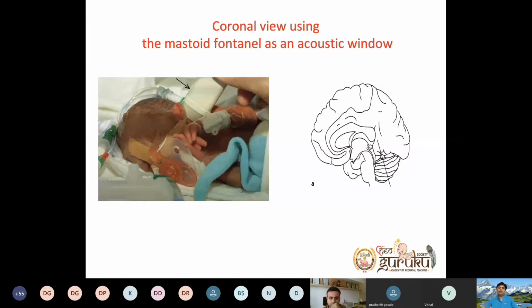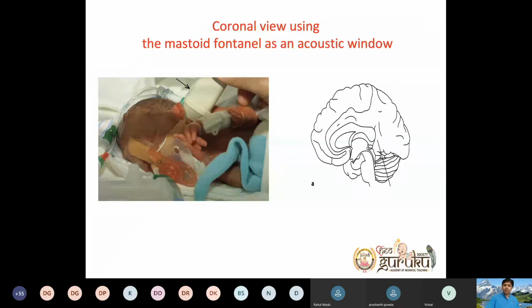which we use in the antenatal scan. You can correlate it with gestational age. If you are having confusion about the maturity of the baby, you can do that. There are a few studies which have come up, but antenatally, transcerebellar diameter is one of the things used for assessing gestational age. So when you go through the mastoid window, you see the cerebellum more clearly because you are placing the probe over the cerebellum.